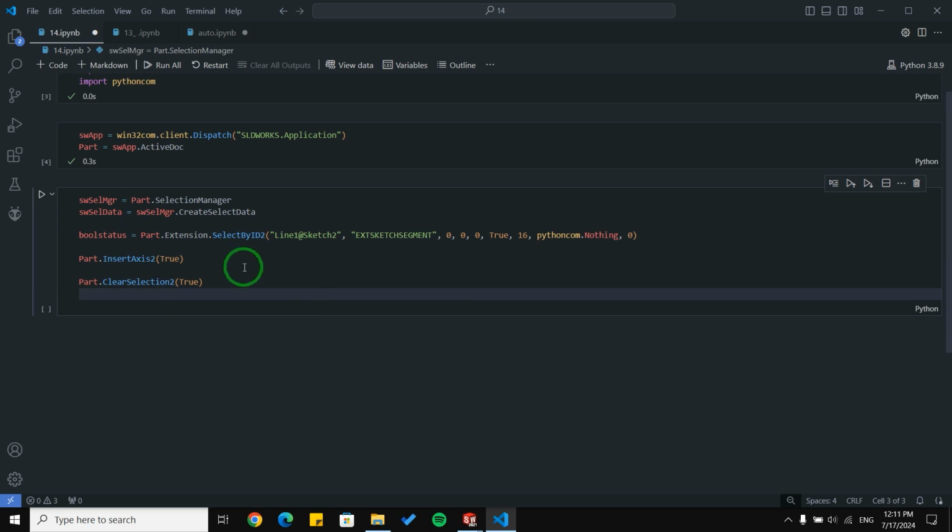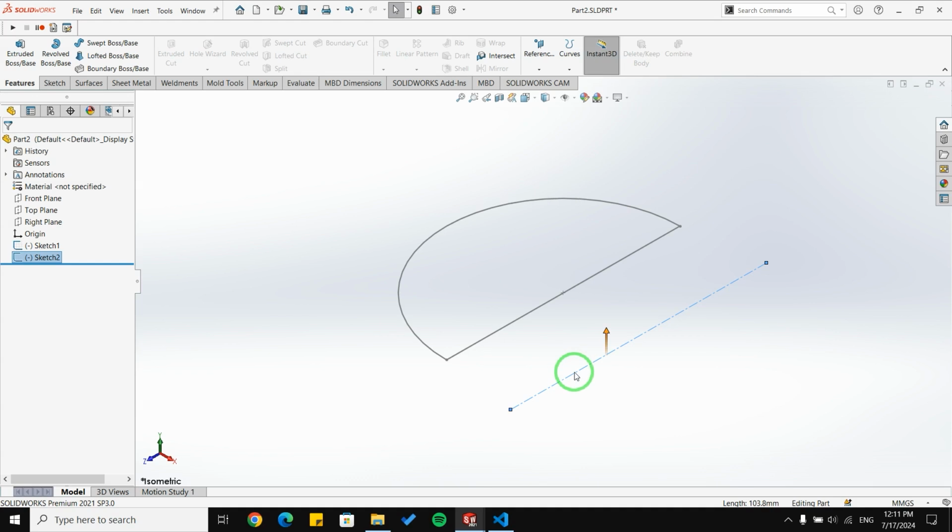Okay, this is a block we need to use to create an axis from a line in a sketch. I use Line at Sketch2, which will be this line.